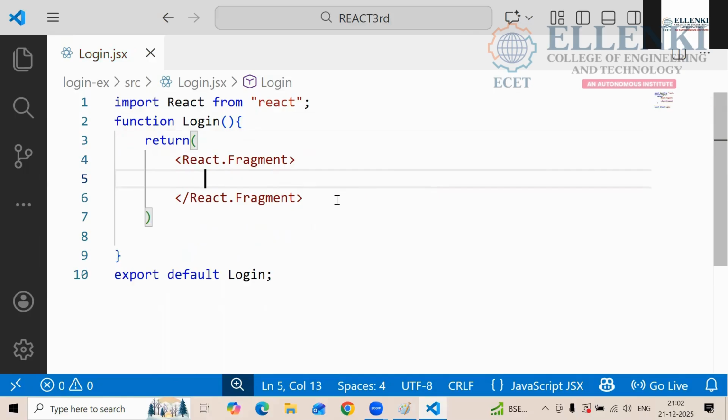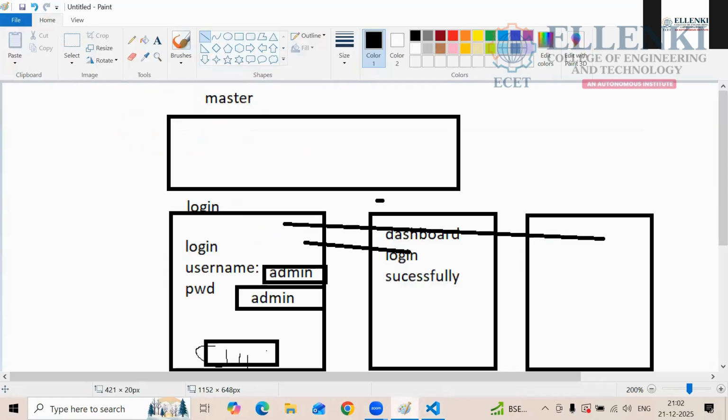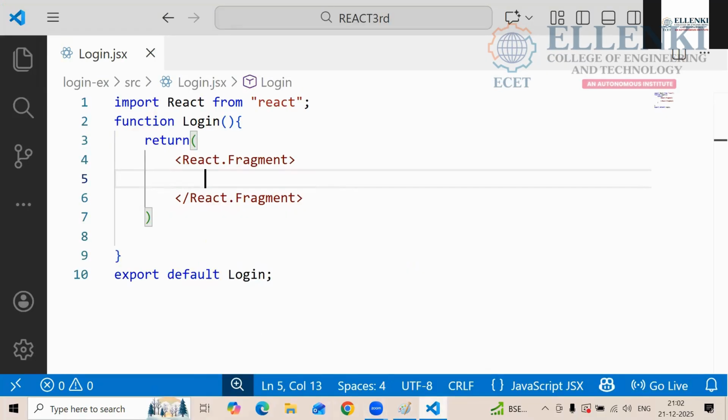Now, in this login page, what the things we are having? We are having one username field box, and password field box we are having, one button also we are having. First you have to create these 3. Yes or no? So how we are going to write these 3? Now tell me how we are going to write.